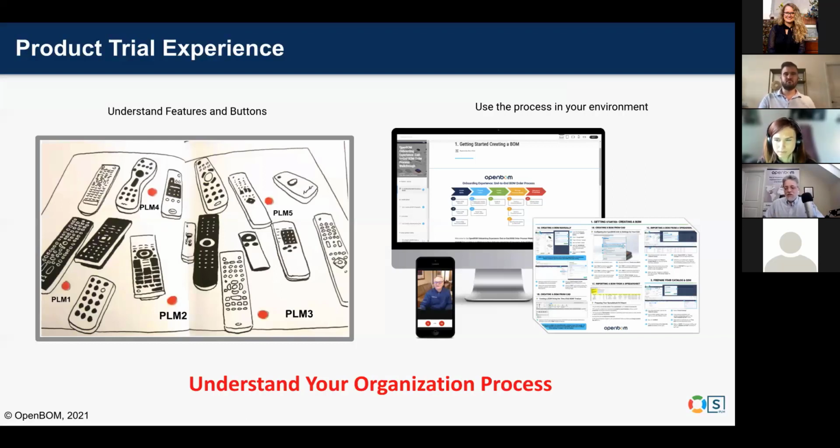And sometimes they can decide, like, we are not ready for OpenBOM, or we will look at something else. But again, this is part of the process which eventually leads to happier customers and better results at the end, because we're in the business of making companies efficient and customers happy. And this trial is a part of this, because it helps us to set expectations in the most efficient way. And a wrong set of expectations,